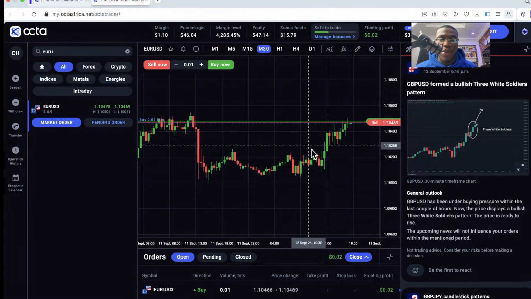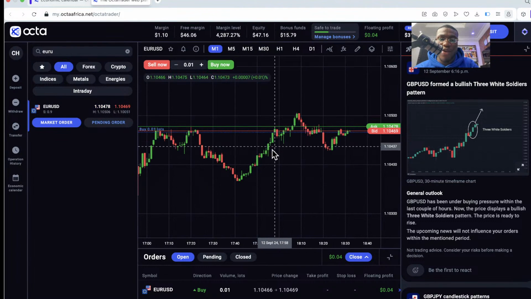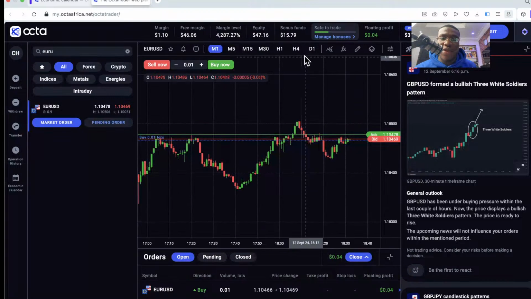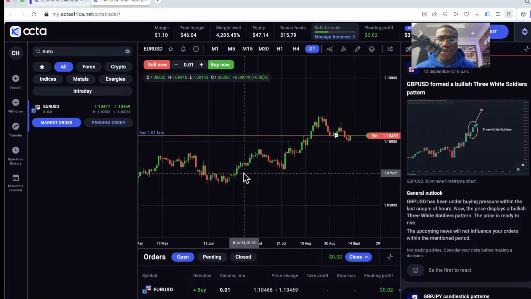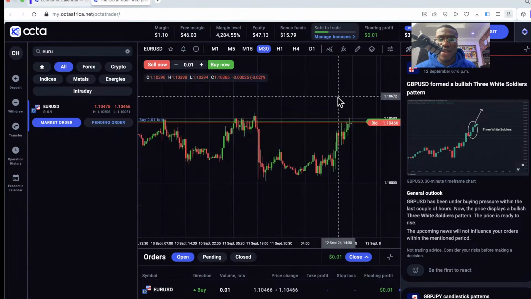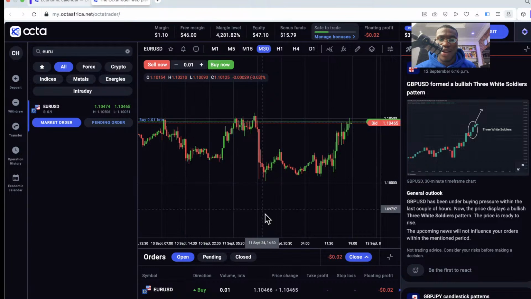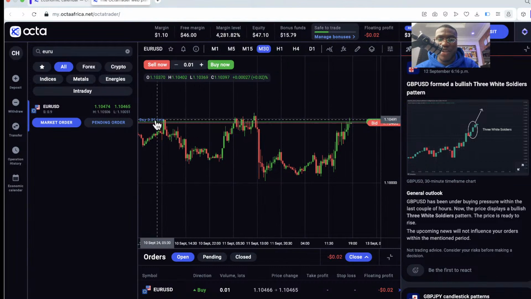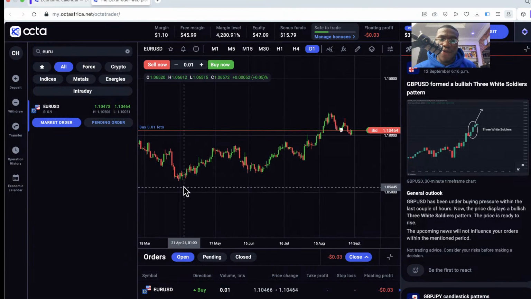30 minutes means every candlestick here opened and closed in 30 minutes. Now, if I go to the 1 minute, you see that it's a bit noisy. Like we have a lot of movements. And then if I go to the daily time frame, you see that the trend is a bit simplified. So let's say 30 minutes, you'd see we don't have a clear trend here. It's just like we're moving in a ranging market of resistance and support. But if I go to the daily time frame, you see that we have a clear